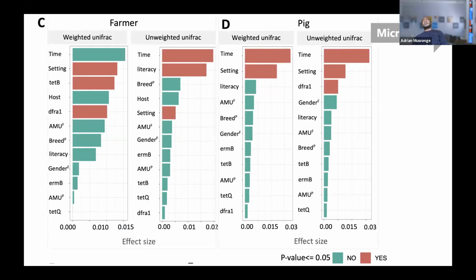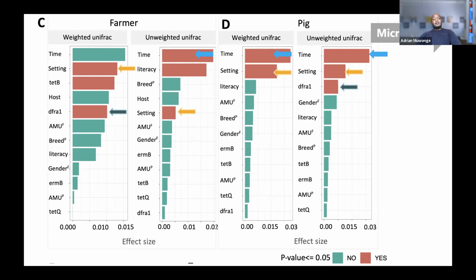So we also then wanted to look at the whole host of other factors that will affect the structure of the microbiome. And here we use the permutational analysis of variance that is used in microbiome analysis. And we use these two distances, the weighted and unweighted UniFrac. The weighted takes into account the phylogenetic structure. What we see is the temporal signal. Time has obviously an impact on the structure of the gut microbiome, both in the pig and the farmer, and the setting, where they are, really explains a lot of the differences that you will see, but also the amount of the genes that they carry really,